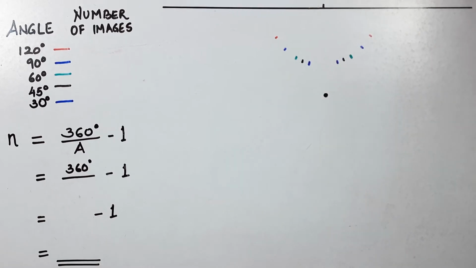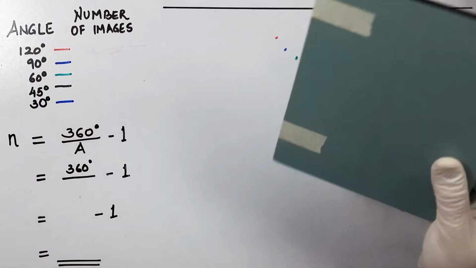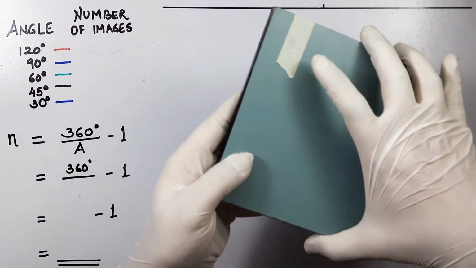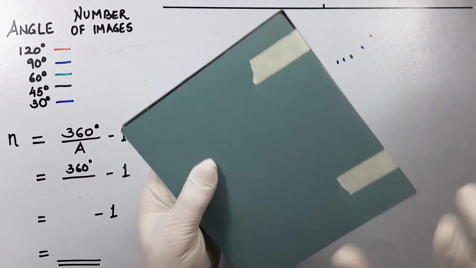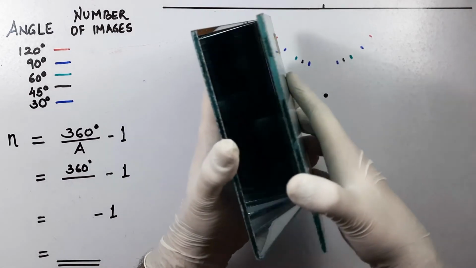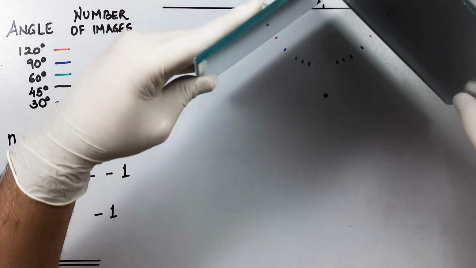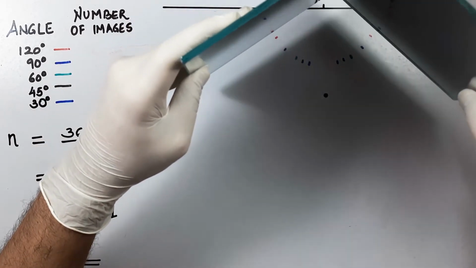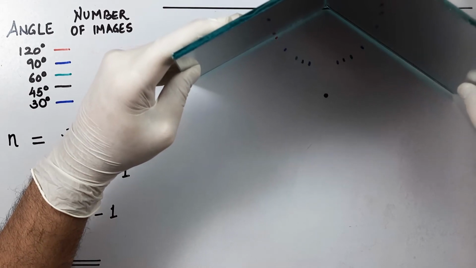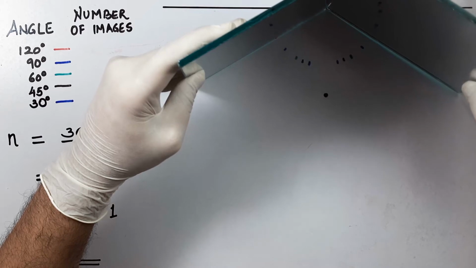So what it means is, when we take this set of mirrors, I have just kept two mirrors back to back, okay, and I have put some tape on it. Very simple to do, and that allows me to open the mirrors as a book. And we are going to place these mirrors with the corner at the anchor point, and the mirrors will have to coincide with the markings that we have made.